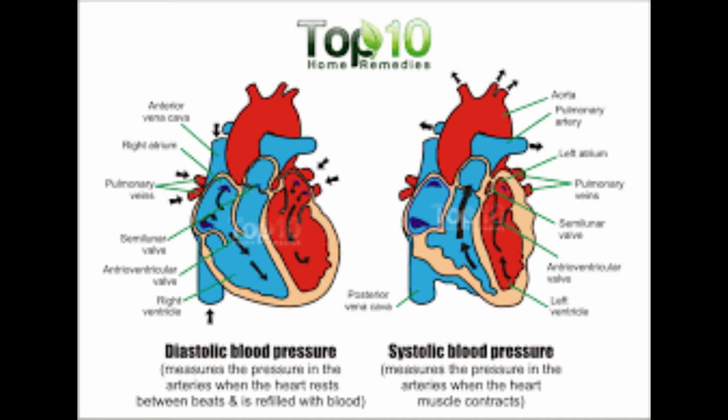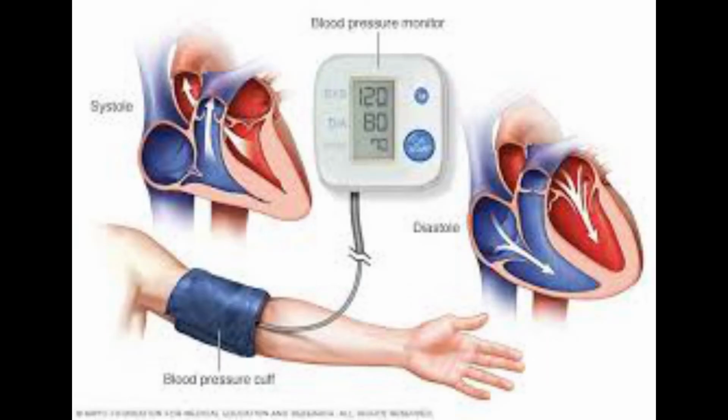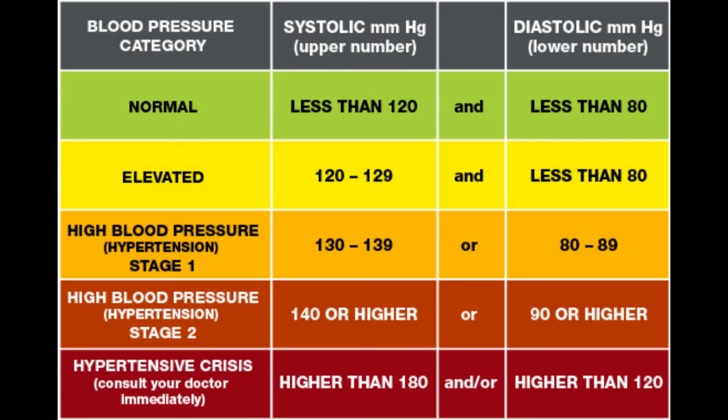The blood pressure is measured by a device called a sphygmomanometer. For a healthy adult, the normal blood pressure will be 120 by 80 mm of Hg. But it varies from person to person. It gets affected by the age, sex, health of the person, and the work they do, during rest. Any healthy person will have normal blood pressure. But if it increases, that condition is called high blood pressure or hypertension.